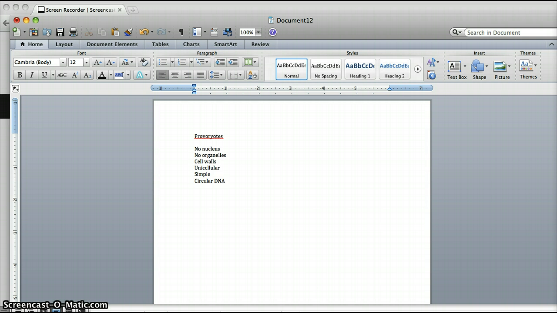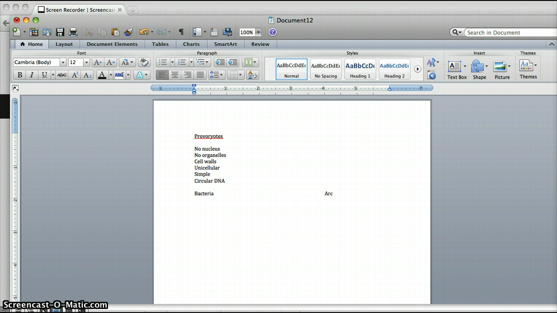Now, in prokaryote cells, there is no nucleus, no organelles. They do have cell walls. They're unicellular, they're simple, and they have circular DNA. The reason why prokaryotes don't have a nucleus or the major organelles is because it's a very simple cell. And this cell actually is classified into two different areas. It's classified into bacteria